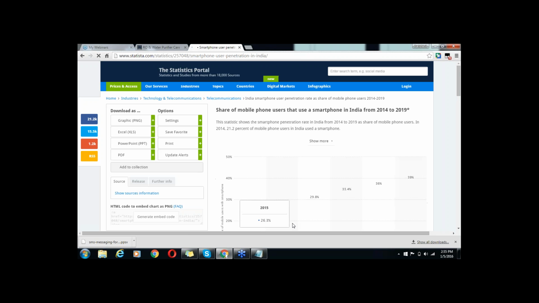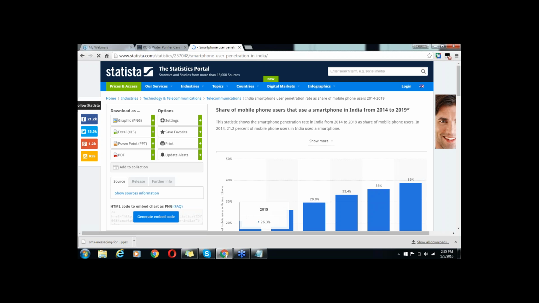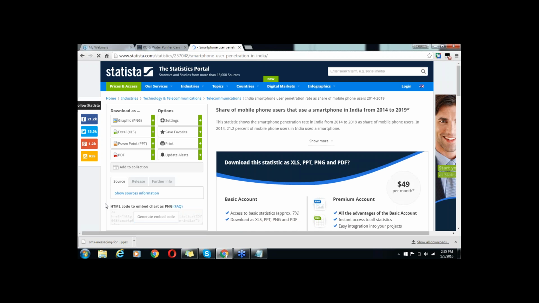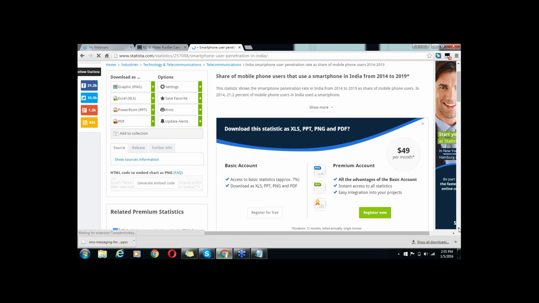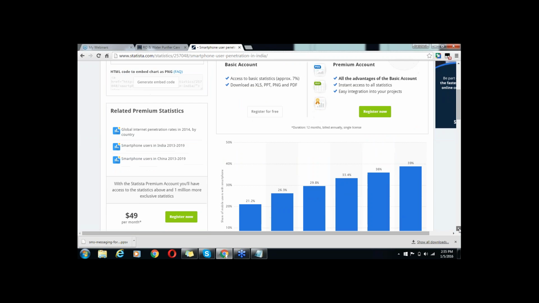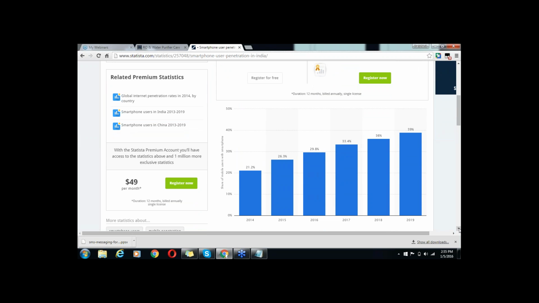Only 18% of people have internet access. So you can assume how many people have smartphone access. In 2014, it's 21%.